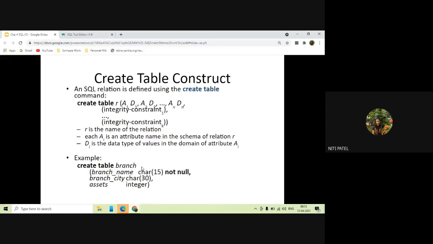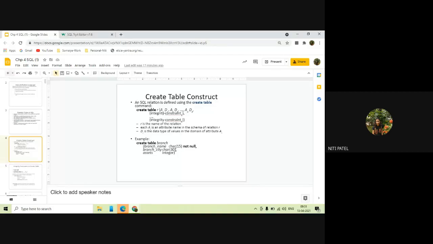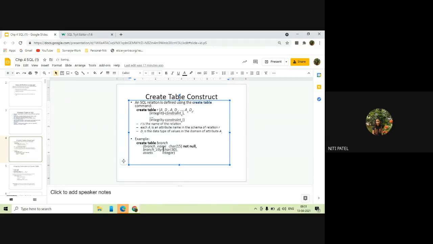Okay. So what will I do if I want to add a primary key to this particular branch city? What I will write over here is, after branch city, data type as char, and then I will write that it should be a primary key. Then I'll put a comma. I will put the new column name, and then I will end the table with a round bracket and then with a semicolon. Is this understood? Yes, ma'am. So we'll practice using the integrity constraint in this way only. Clear?